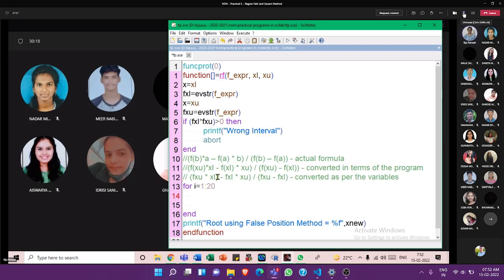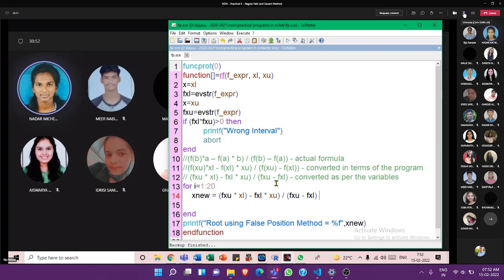Okay, so now we have to write this formula here. I'll just copy paste it here. So your new root is going to be this. Control C, Control V. Okay, so this is going to be your new root. Exactly how your formula is, exactly we have written, but in our program, instead of f of b, we have used f of fxu, and instead of f of a, we have used